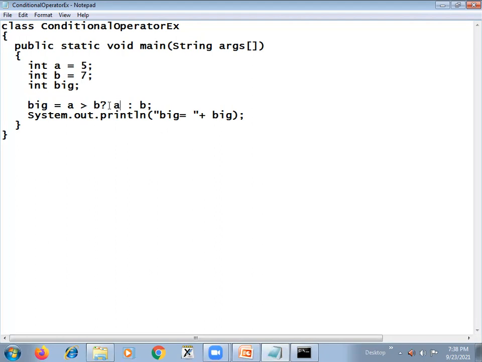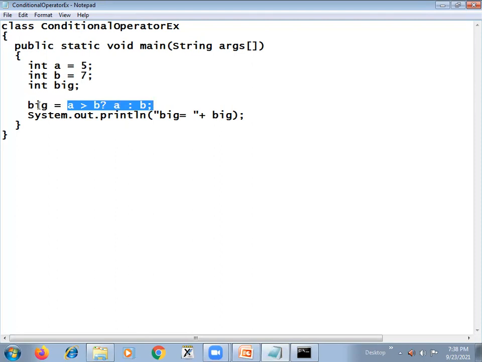So this A value has to be stored in big, so we write A here. If this is false, after the colon we write B here, which means the B value will be stored into big. This entire thing should give you a value which is stored in big, so there is an assignment here.